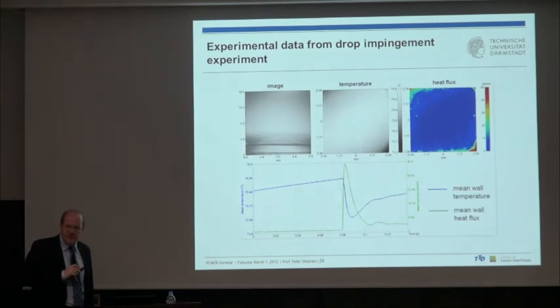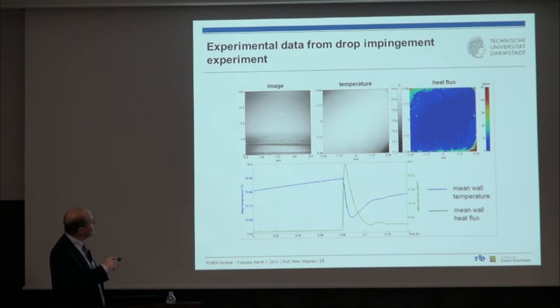This here now is the drop impingement experiment. I start the movie soon, so you have here the black and white camera image, the infrared camera image calibrated into degrees Celsius, and then the heat flux profile reconstructed by numerical calculation. You see here 2 curves plotted versus time. From here to there it's 100 milliseconds. You see that the droplet will come. You see that the mean temperature is plotted. The mean temperature is the average temperature over the entire surface area of this field of view. And the mean heat flux is the heat flux averaged over the entire field of view.